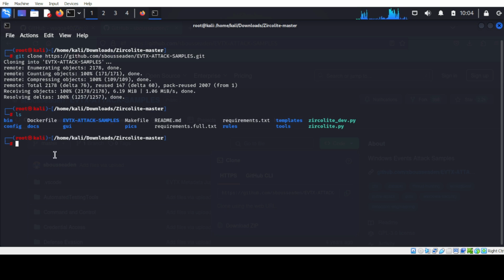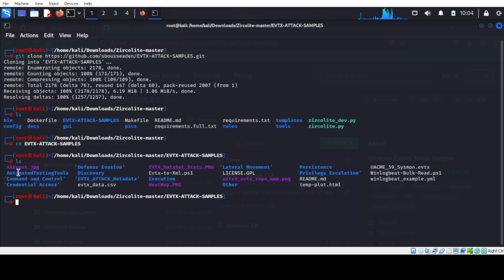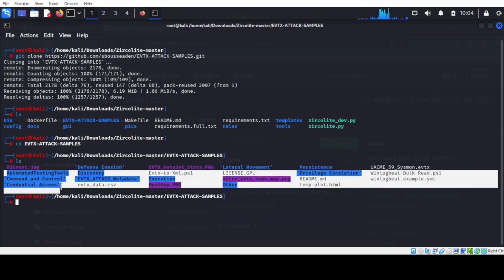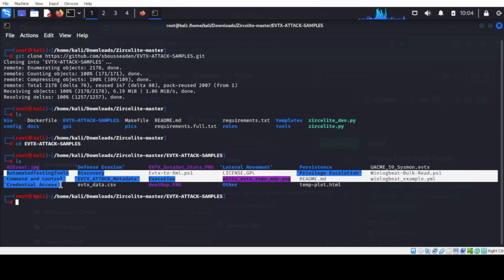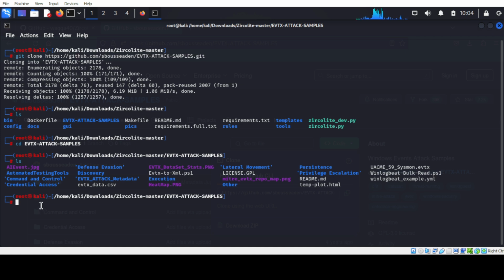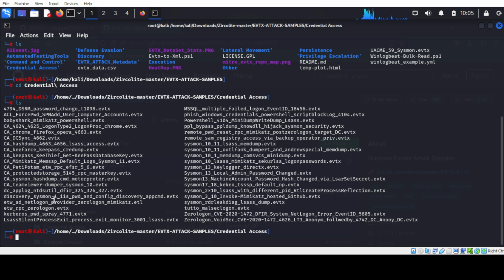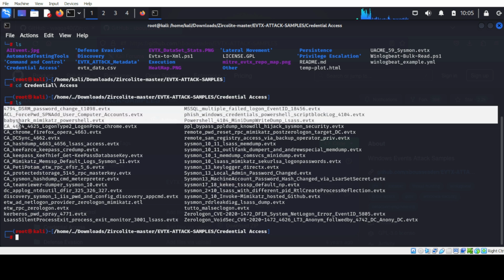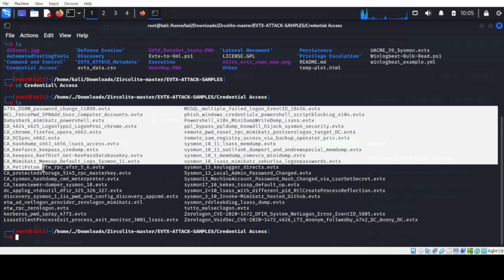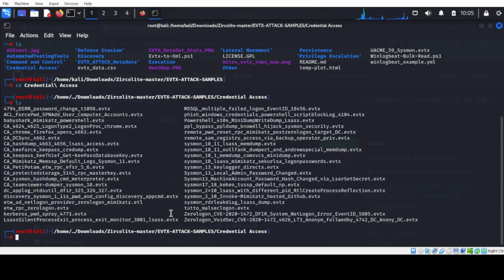If I move to this directory, here events according to some specific domain are present. If I move to the credential directory and press enter, see, all these are related to access,